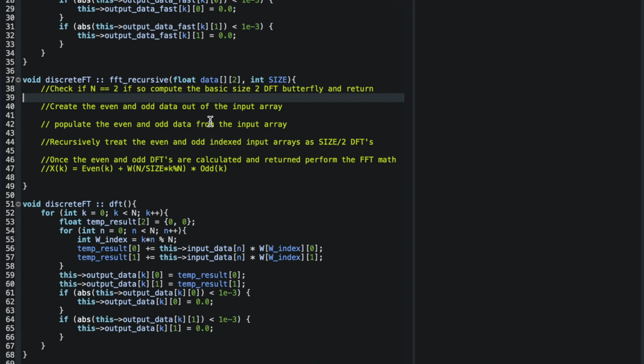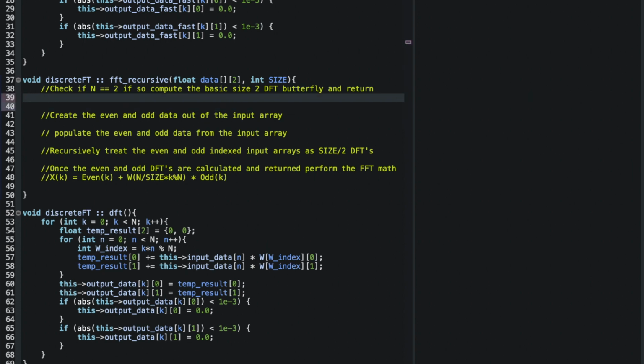So I want to actually just code this with you guys. So the first thing with a recursive algorithm, we want to have this sort of end case when we want to stop splitting up our DFTs, and that's when it's a size 2. You can also go until they're size 1, and then when you propagate them back, it'll run through your sort of main code, which would be down here. But the butterfly of a size 2 DFT is so simple that I just would like to stop the recursion